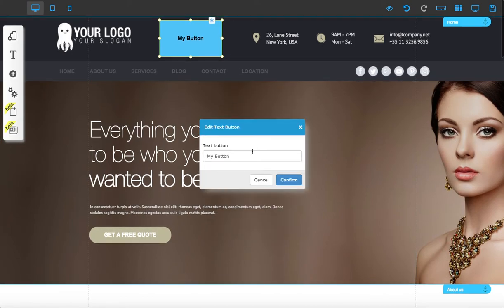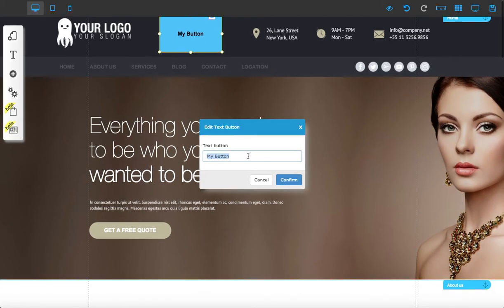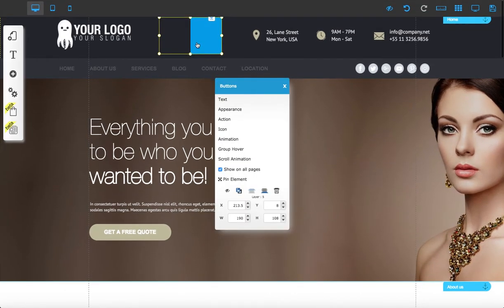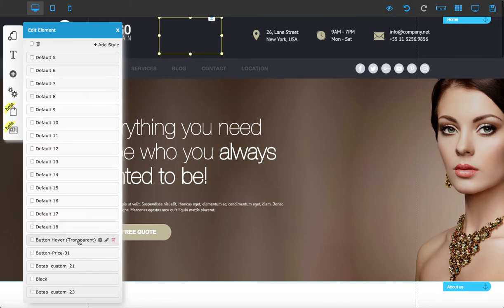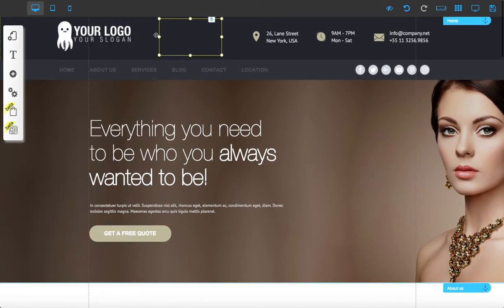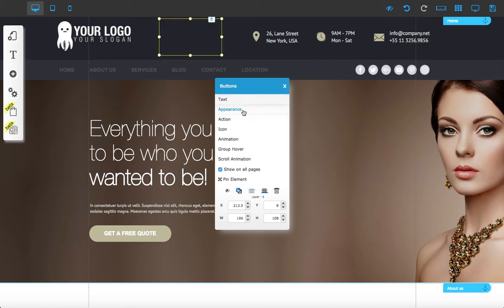Now, first thing I'm going to do is delete all of the text and then confirm. Next thing I'm going to do is come into the appearance, and I can either choose to make the button transparent, or I can edit any one of the defaults that I have here. So I'm going to click on transparent to make myself a transparent button. And now I'm going to link this page here